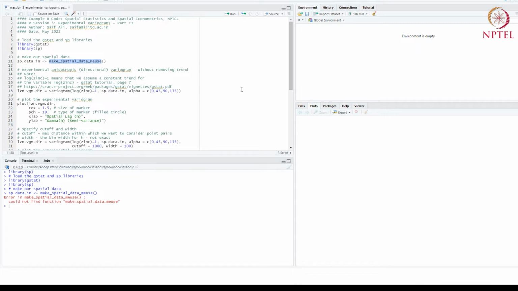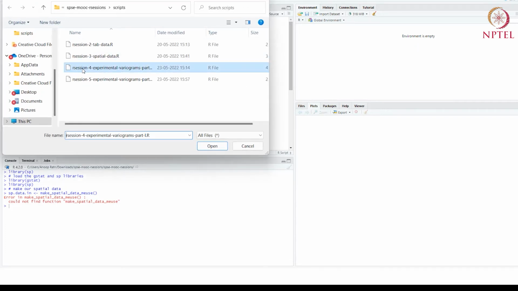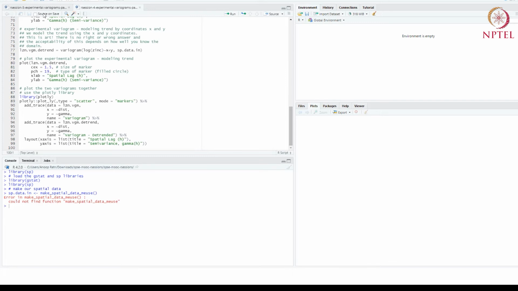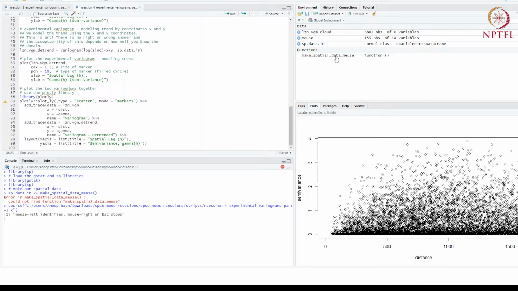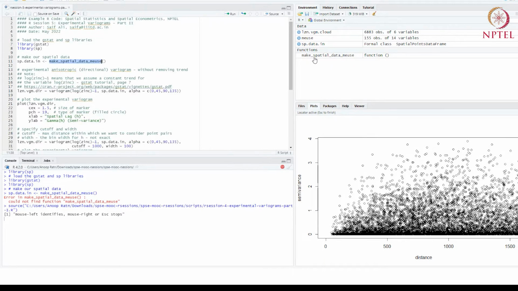Remember, this function was defined last time, so it will be available in the file that we used last time, the file corresponding to session 4. I have to source this file. When I source this file, I get this function back, make spatial data muse. Now I can go ahead and call this function, and this time it works.